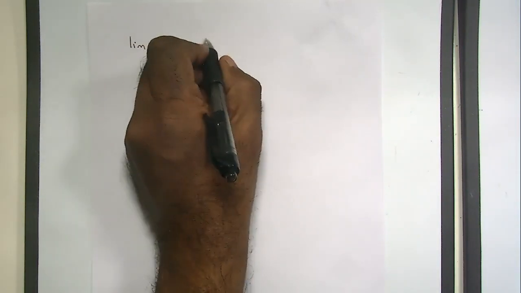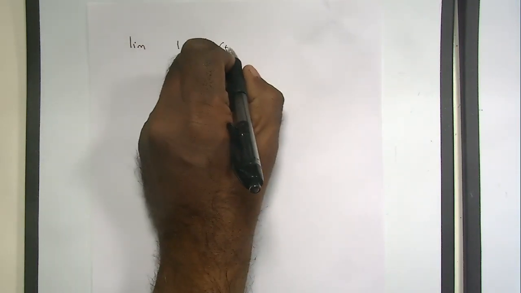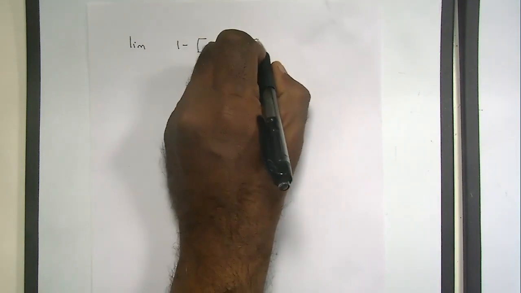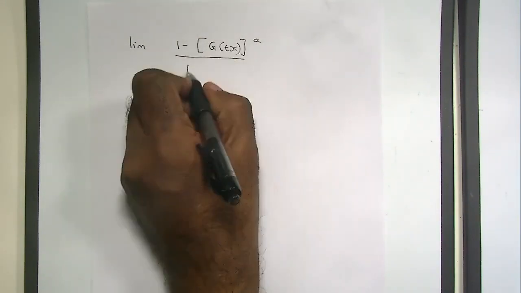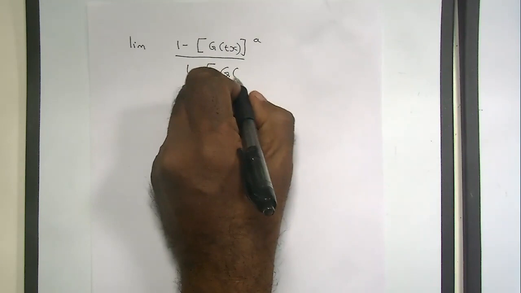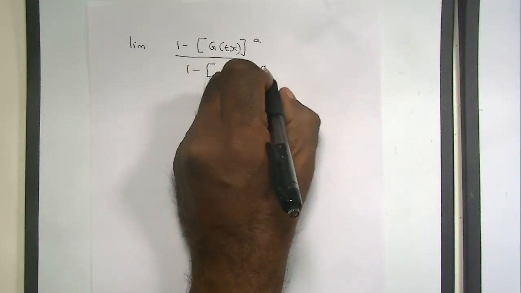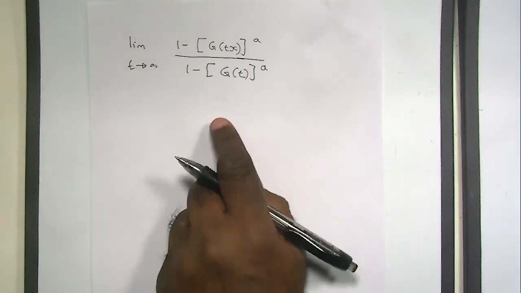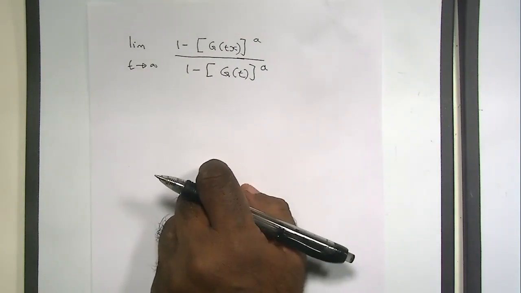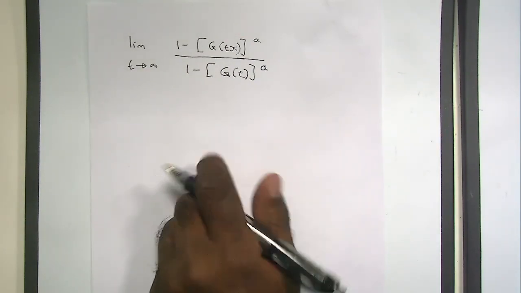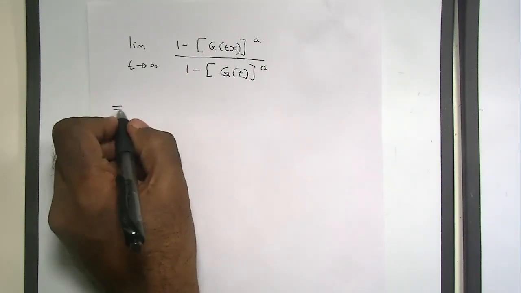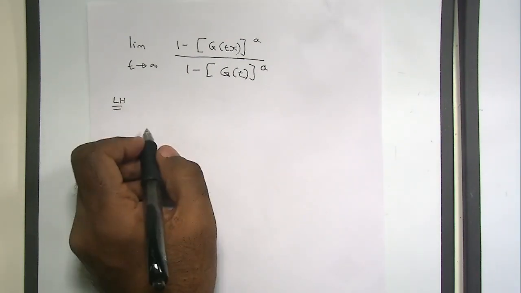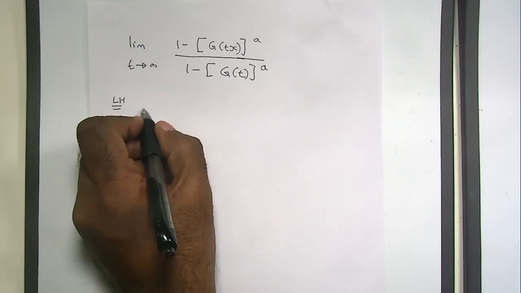Another way of showing that this is equal to this is to use L'Hopital's rule. If you use L'Hopital's rule, then you can write this as